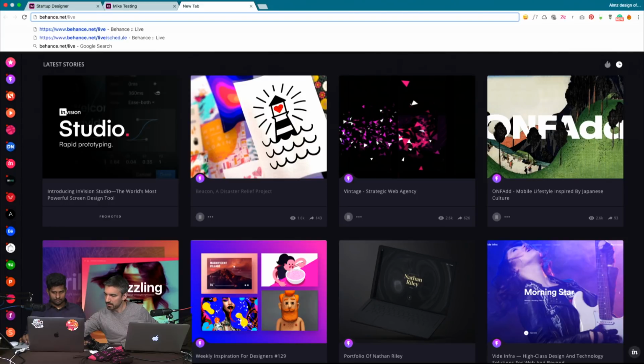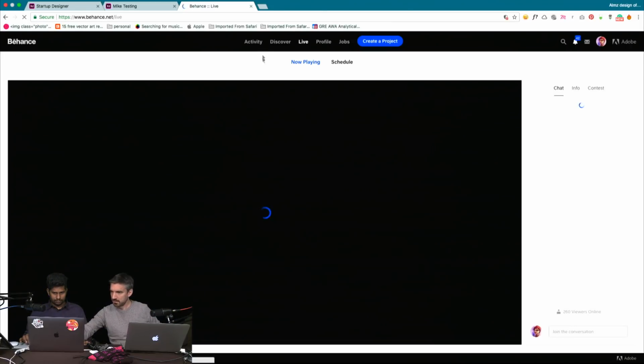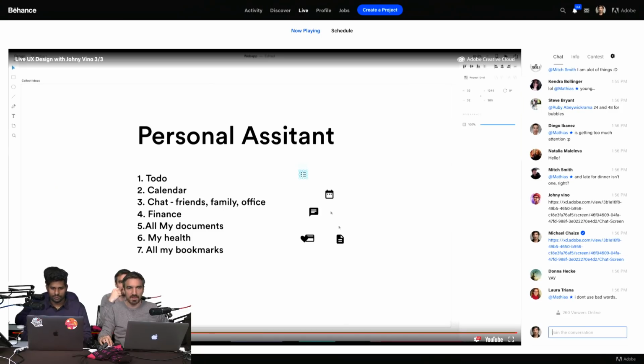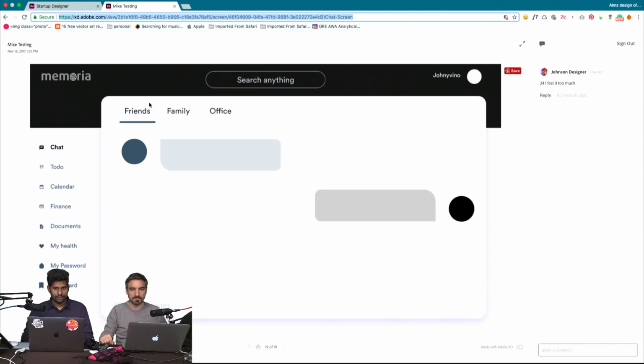There will be a little bit of inception there. Okay, you will copy it here. Maybe it won't be approved, but I will copy it also. Here we go. Now they have the link, so you can throw your comments, guys. Let's see if we get the comments in real time. We can see, okay, I need some other features. We can prioritize. Okay, move the to-do to the top, chat to the bottom, finance next.